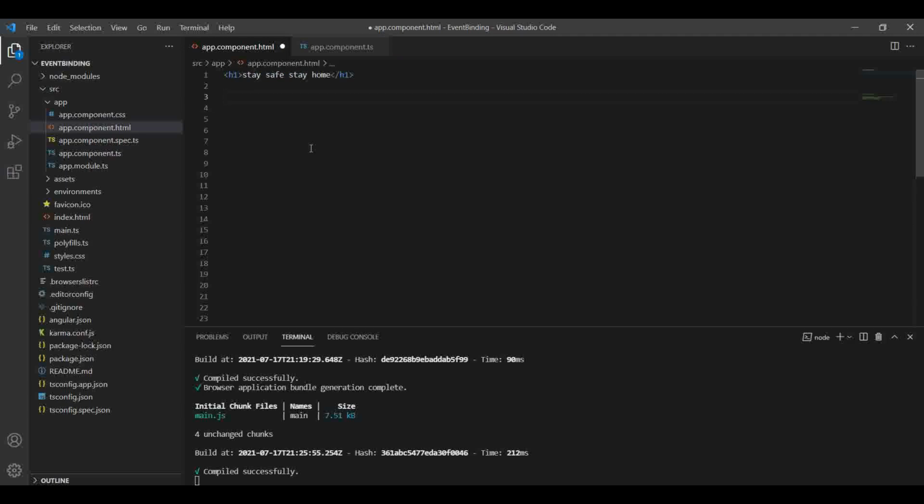For that I create a button with the value mouse over, use the event binding syntax with parentheses, write mouseover equal to the function name getName, and save it.